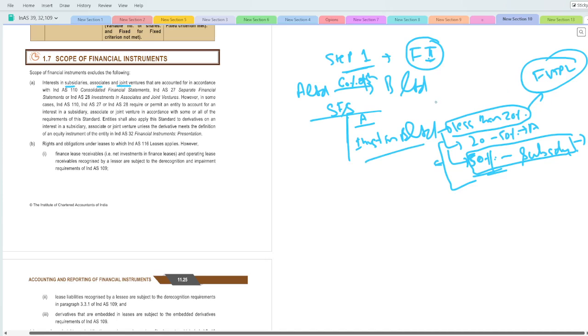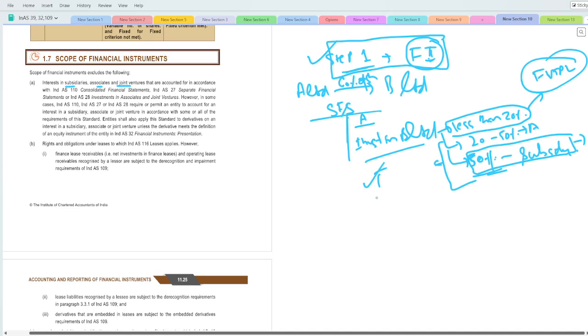This we have checked a number of times. That is the equity shares, correct? So equity shares it is owning in hand right now. So the first step, this is what I've told you: first, it should be a financial instrument. Then only the scoping out from this particular standard will be there. So if it is a financial instrument, now this we have checked. So it is a financial instrument, correct?